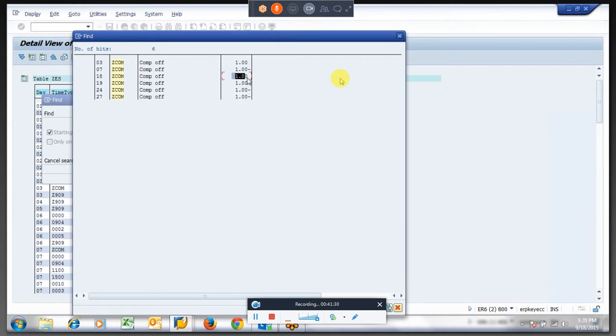Whatever the +1 is there, it's the compensatory off on the particular day. So 3rd is a public holiday, the employee worked, he got a compensation. What we have written, if you remember in the previous classes, right? On 7th, the employee has unauthorized absence, so it was reduced.